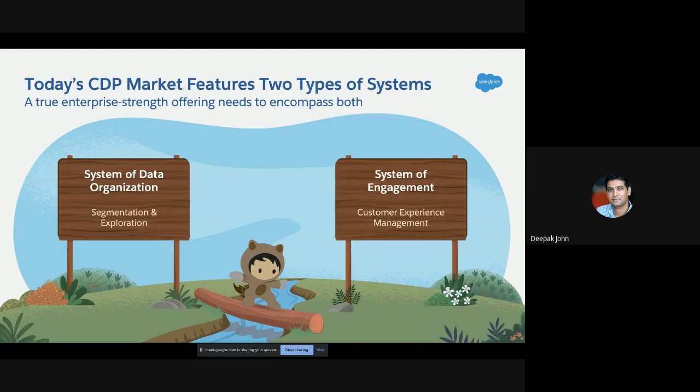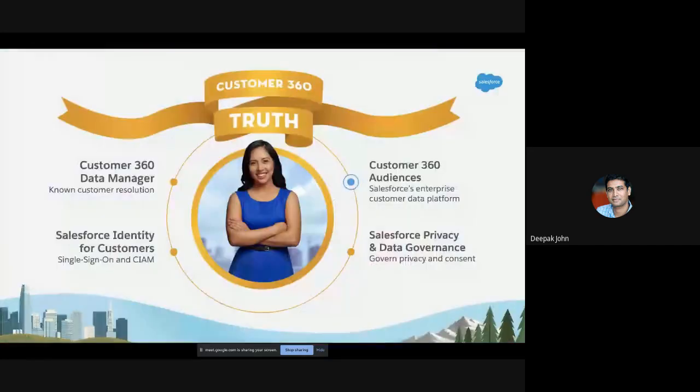So your classic ETL, extract, transform, and load, right? So as Salesforce, we've been able to bridge both of those gaps together. You see a little asterisk in the middle on that logo there, to call it the Salesforce Customer 360 Audiences Platform, CDP. So let me walk you over to the next slide here.